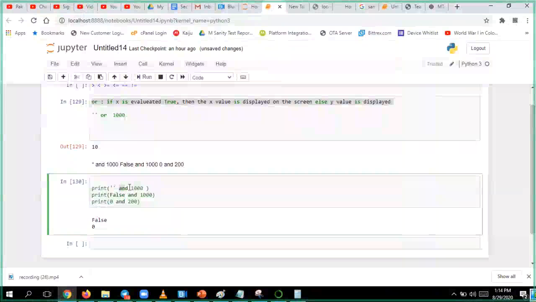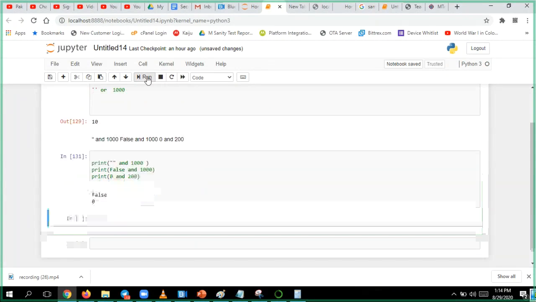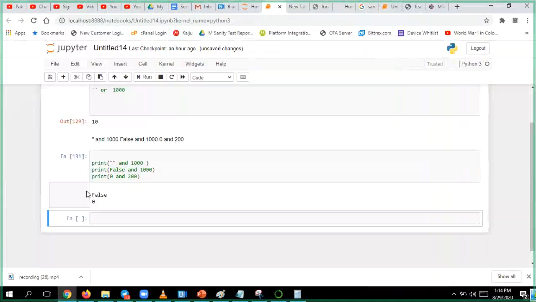Okay, this one hasn't come out, because this value might not have come since single quotes are there. Maybe double quote. Yeah, let me try. No, still it is empty.